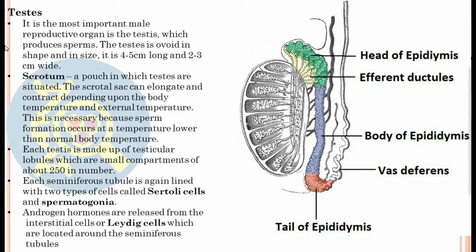The first one that we are going to learn is the testis. This is the transverse section of the testis here. Now the main function of this testis is to produce the sperms. Now you need to know where the testis is located. This testis is small, oval in structure, approximately 4 to 5 centimeters long, and is located outside the abdominal cavity, in a thin walled skin pouch called the scrotum. This one.